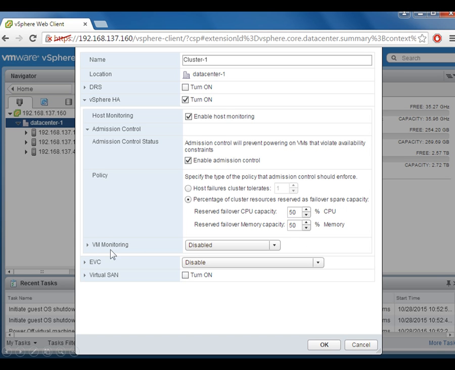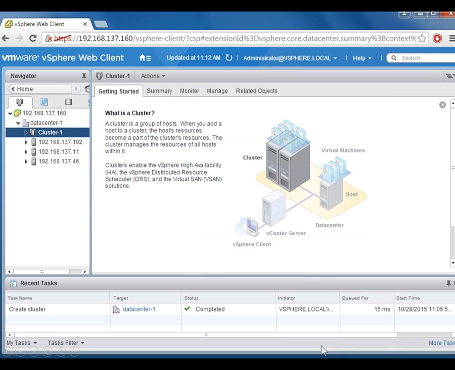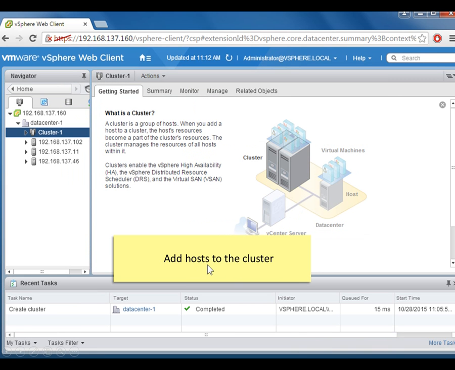And then under VM monitoring, well, of course we want to monitor VMs because if a virtual machine crashes, we want to be able to restart that virtual machine. So I will enable virtual machine monitoring. Now the next thing to do is to add hosts